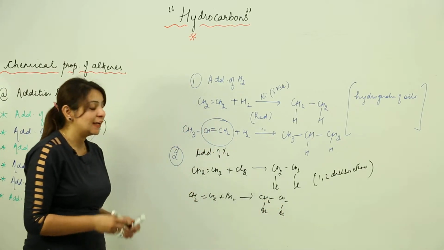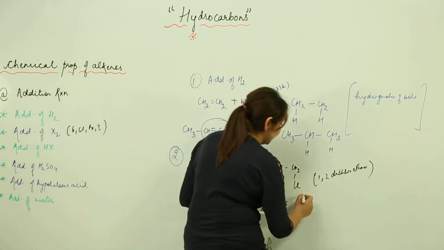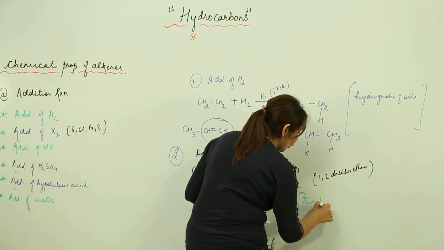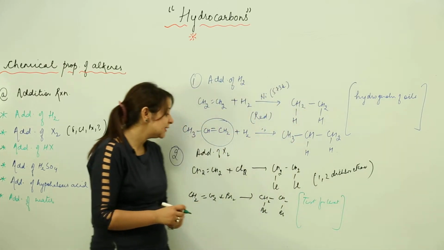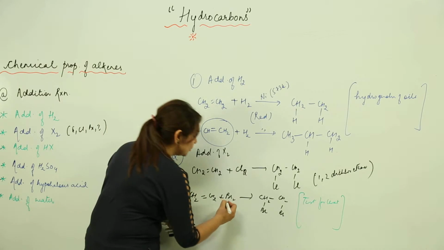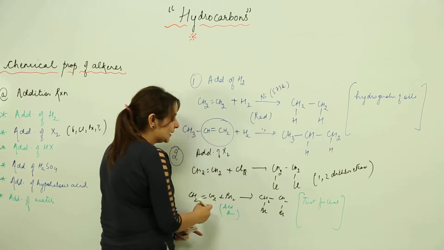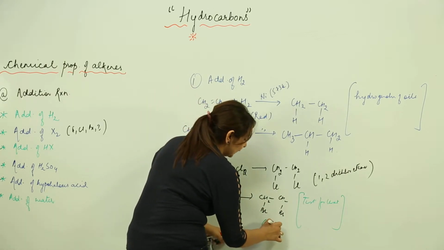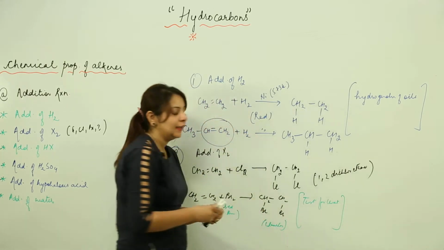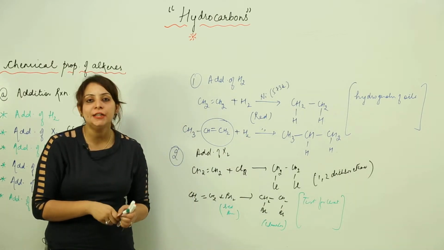Now this reaction actually serves a certain purpose. It is a test for unsaturation, because the bromine which we use is reddish brown in color, but when it gets attached, the product is colorless. So whenever somebody gives you an organic compound and asks you to identify it as an alkene or alkyne,